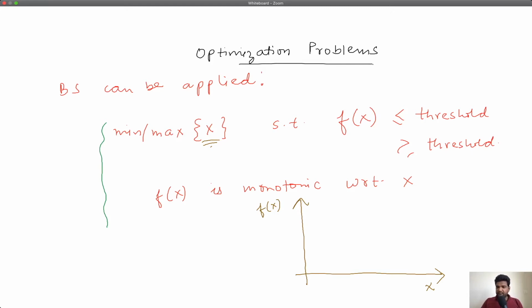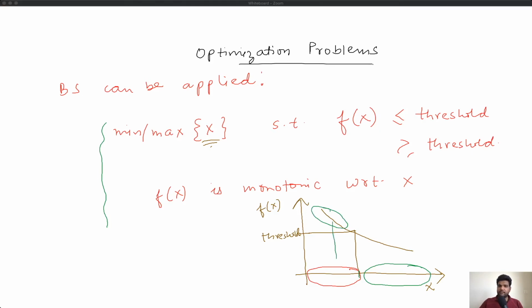So if you have this condition that F(X) is monotonic with respect to X, which is either decreasing or increasing, then you can easily see that if you plot the threshold in F(X), you have a way of differentiating this red part of the search space from the green part of the search space. What is the red part of the search space? The red part of the search space is all X's for which F(X) is greater than the threshold, right? It is this part. So the F(X) is greater for these X's.